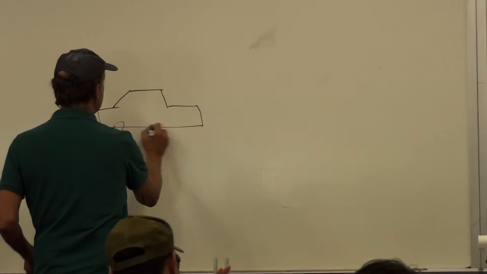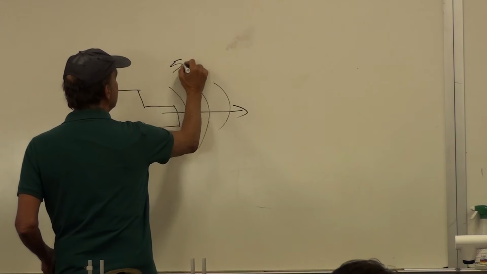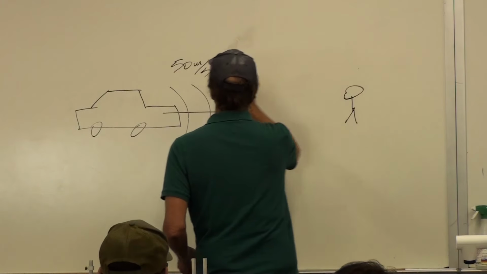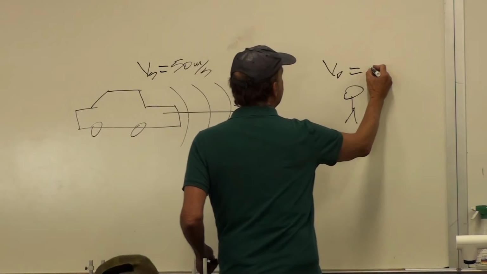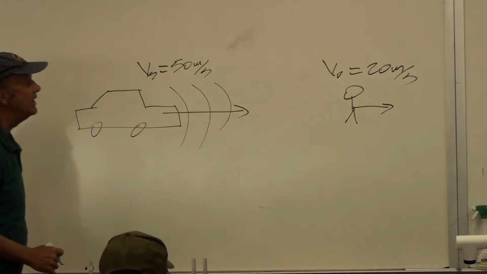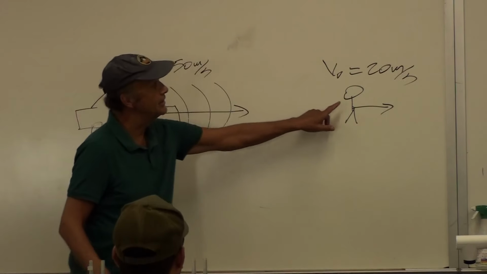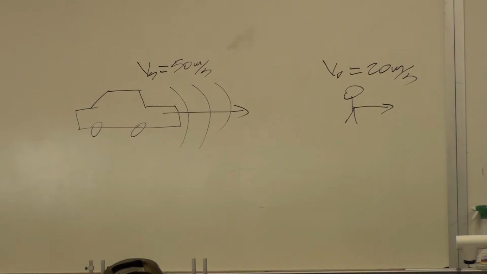All right, finally, let's look at a problem now where the siren is moving, the ambulance is moving, now it's really moving at 50 meters per second toward an observer. This is V source, this is V observer, moving away at 20 meters per second. So we still have a relative velocity of 30 meters per second between the two. But this Doppler shifted frequency, as heard by the observer, is going to be different from the other two, even though the relative velocity is the same. So to do this one then,